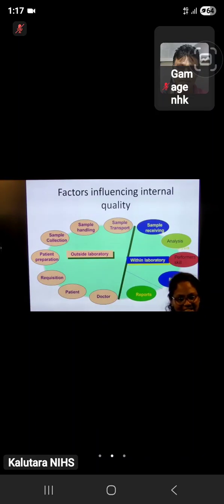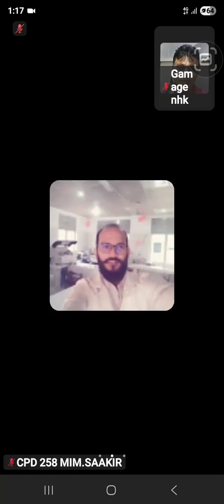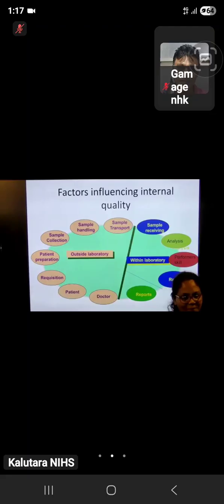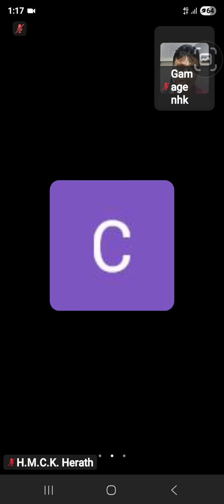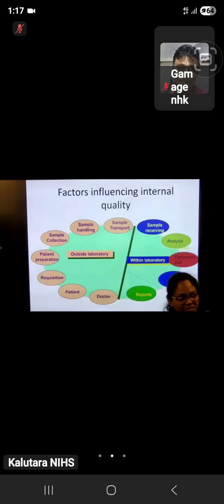In the analysis, sterility. Yes, sterility. What else? Any other answers? The quality of culture media, that is very important. Quality of culture media and the equipment, for example, you use incubators. If the temperature of the incubator deviates very severely, what will happen? Your organism may die. So the temperature of the incubator is very important.